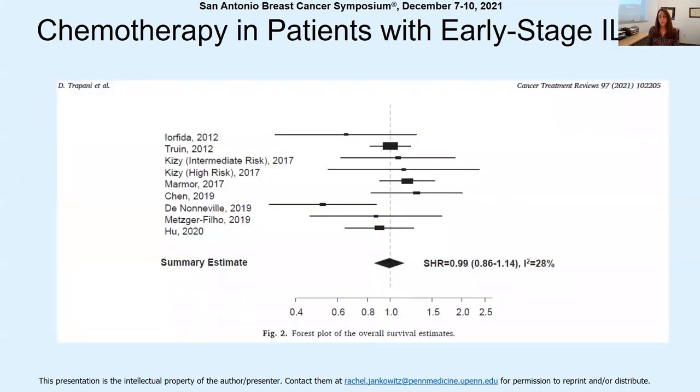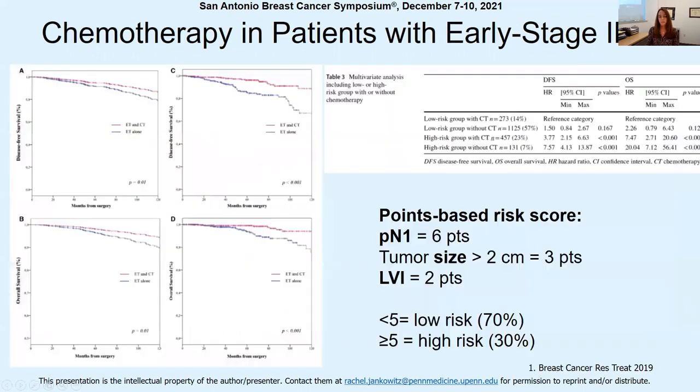This slide shows a 2021 meta-analysis of over 38,000 patients with early stage ILC, showing similar findings to the current poster abstract, that adjuvant chemotherapy was not associated with improved overall survival in ILC. Disease-free survival was unable to be analyzed, as few of the included trials reported this endpoint. You can see, however, that one trial reported by Dr. Donanoville and colleagues was an outlier, showing significant chemotherapy benefit in ILC.